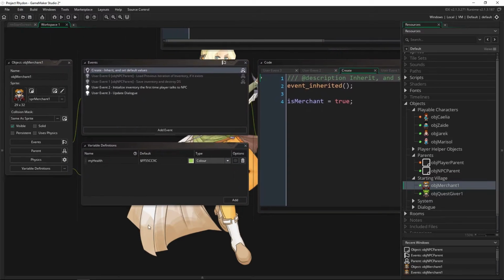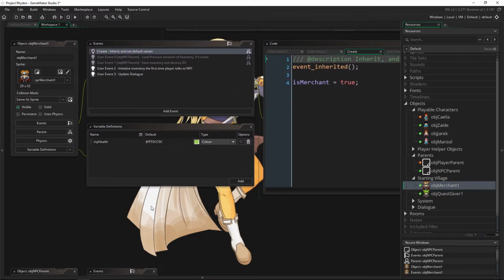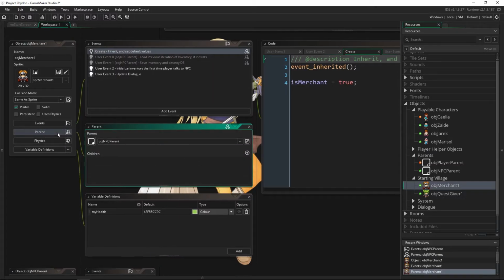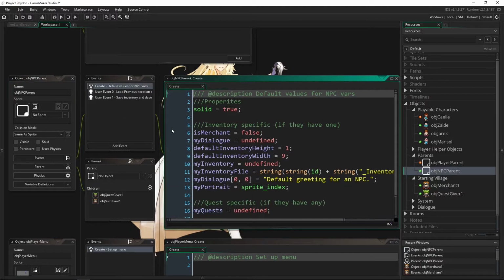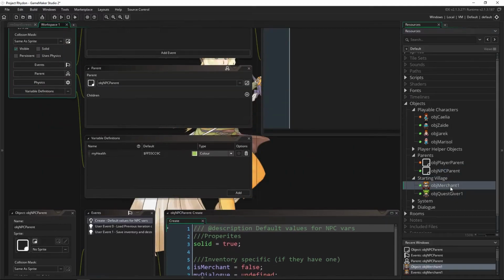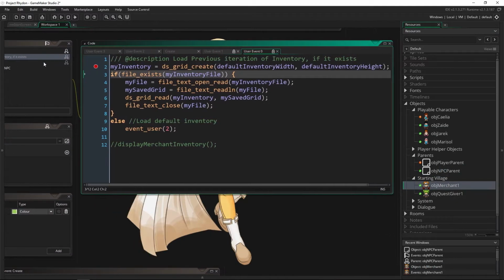Now the other really cool thing that is going to be useful, I think, all the time, is being able to see the events from parents. Now this object right here has a parent called NPC parent. So if I go into it here, you can see that this has several events that I have set up for this parent. And then if you go into its child, you can now see that it has those events,